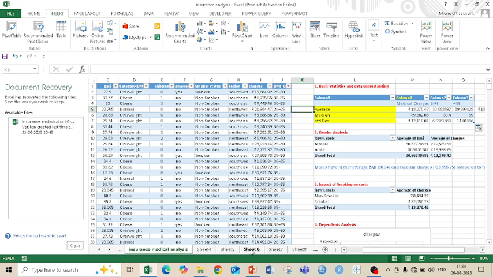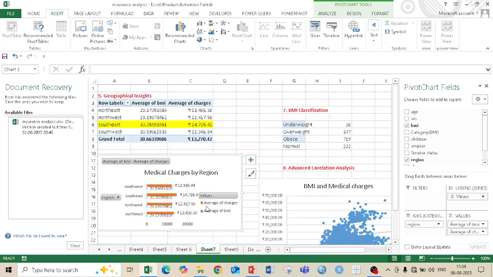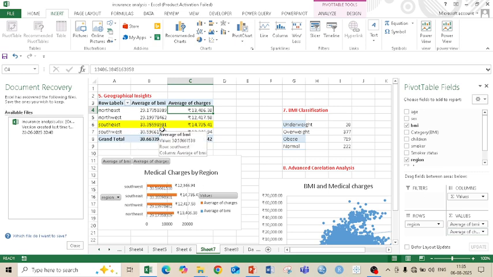We have the geographical insights, created by using a pivot table. Rows having the region, values having the BMI column and the average of charges. Average of BMI and average of charges. By this, the southeast region has the higher average of BMI and the higher average of charges. Similarly shown in the